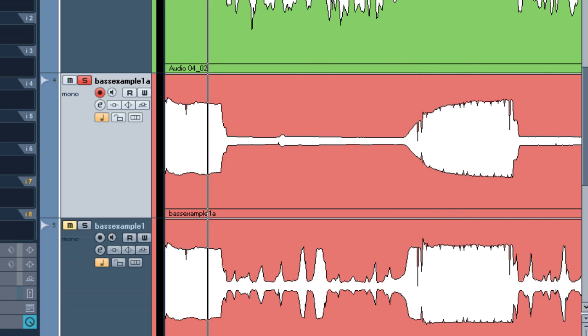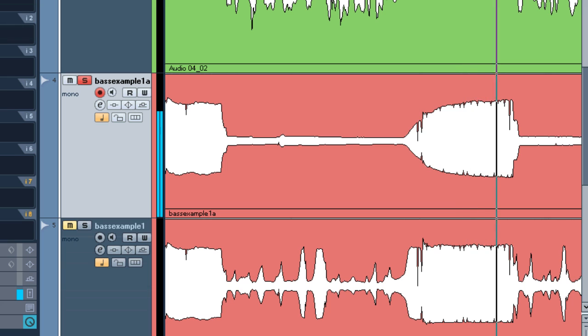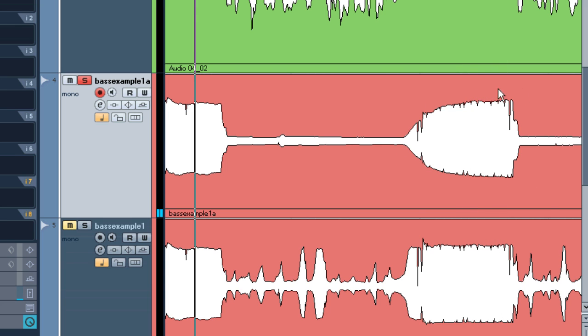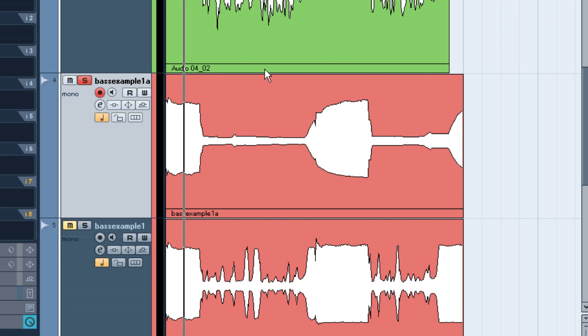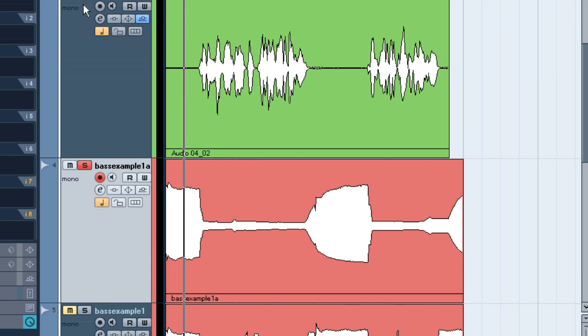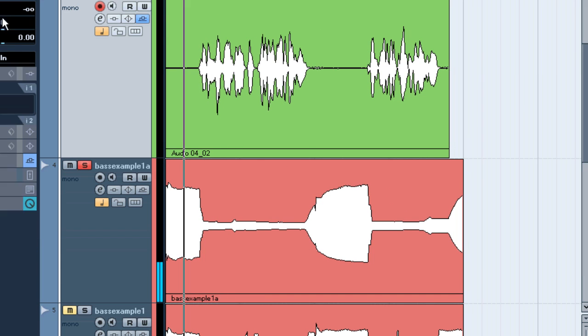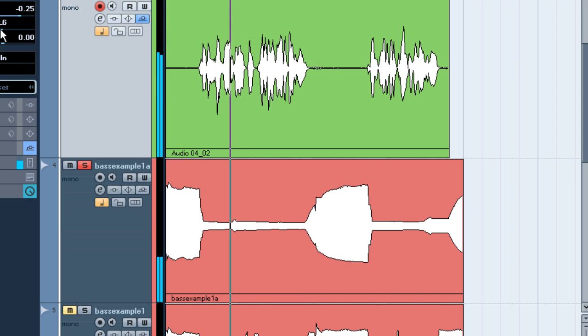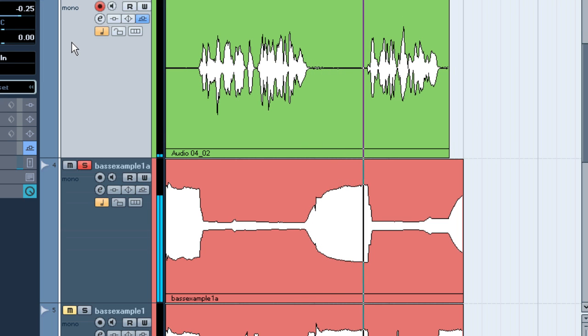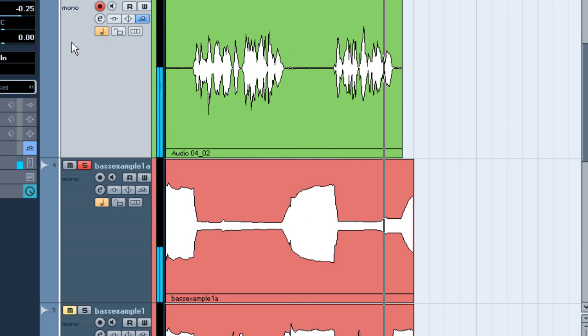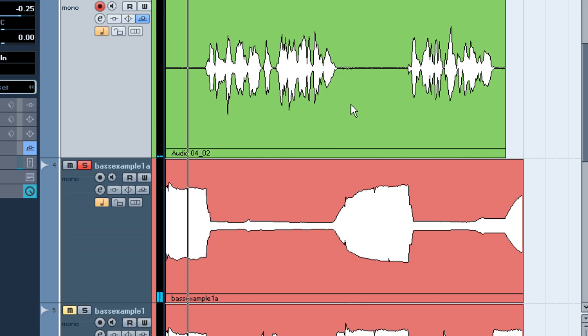So let me just solo that. So this is really that release part. So this is a lot more interesting when it comes down to vocal. Let me just turn that one back on. So this is my voice when I'm compressing away the bass line. I gave it a little bit of time to release now. That sounds a lot more at ease basically, so it's not that